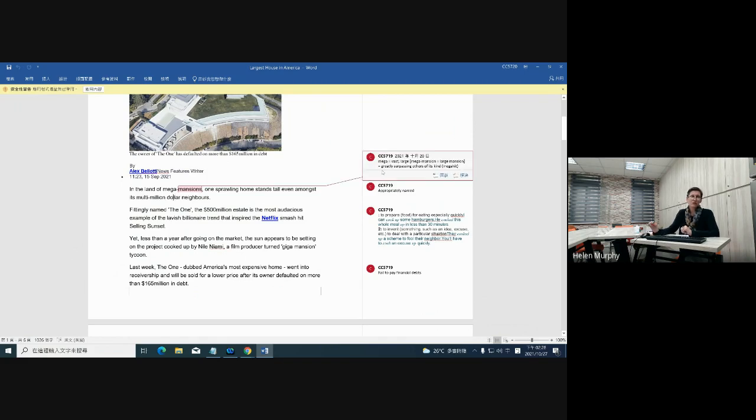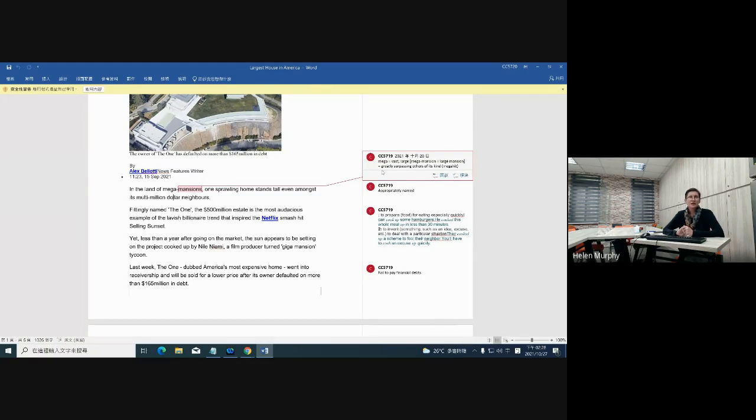Okay, and then you can also actually use mega as a prefix, not to describe size so much as something that goes beyond other things or surpasses other things. For example, if you were to talk about a mega hit, you would be talking about a pop record that has sold many more units than other pop records. So yes, mega can relate to size, or it can relate to volume and success as well.